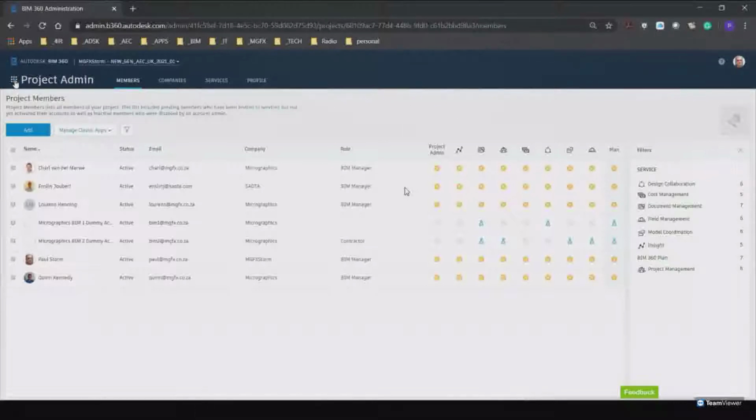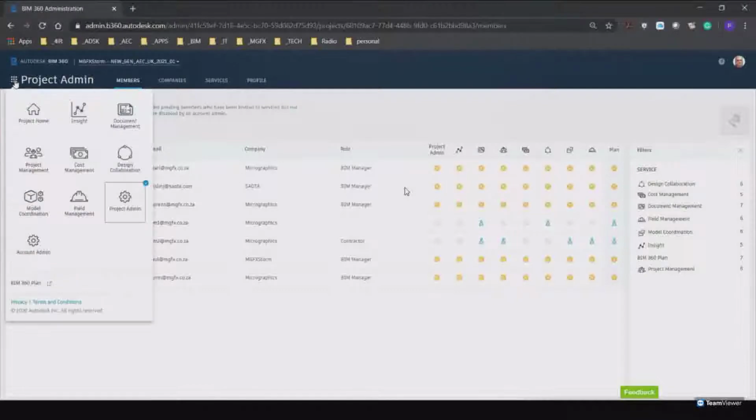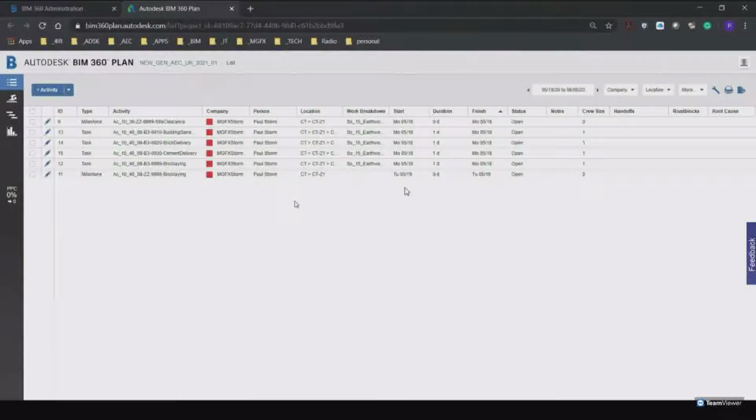Also, when you clear one of these accounts, you have to clear the user from within Plan. There at the bottom you can see that Plan is separate from the usual modules that you can use. This is what Plan looks like, opening it up on the web. It's also available on the app, but on the web